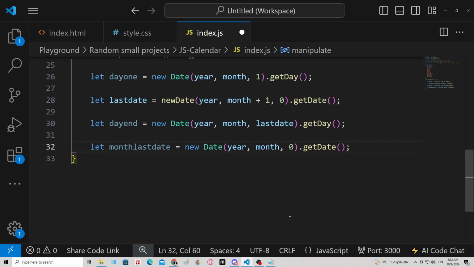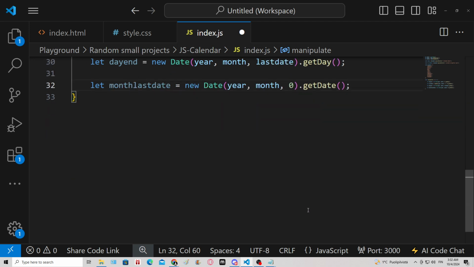Alright, so we got these 4 ones right now. Then we gotta create a variable, and this variable will store the generated calendar HTML. So let lit equals an empty string for now,